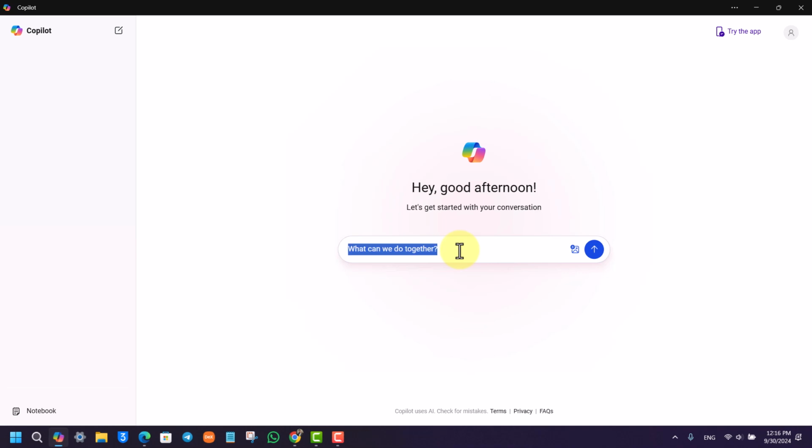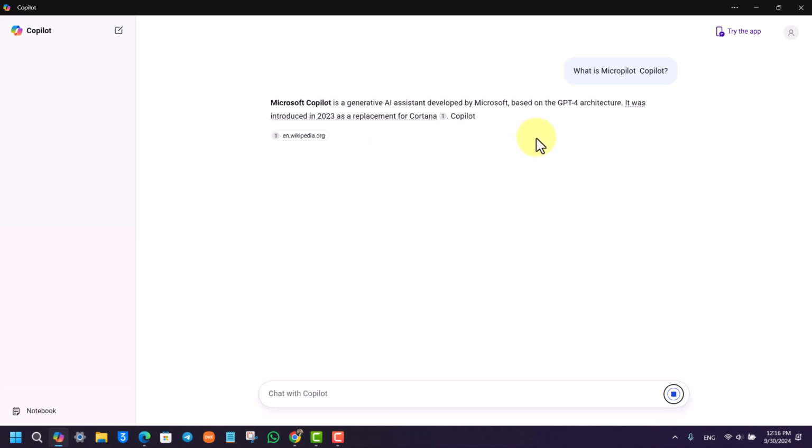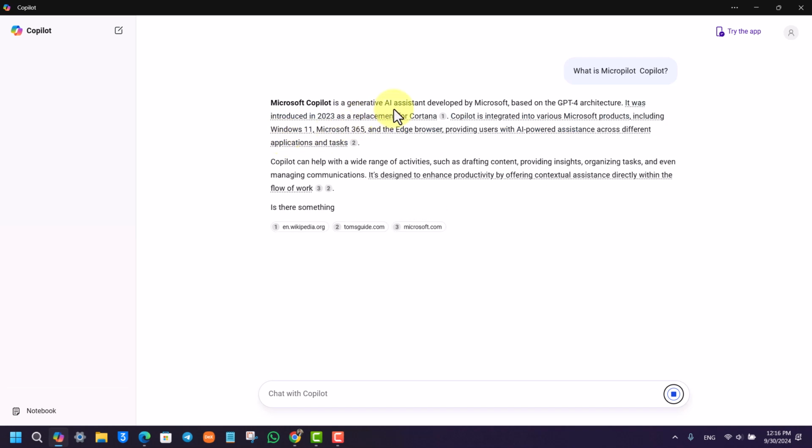So if I just go here and open the Microsoft Copilot application, and then just type in "what is Microsoft Copilot," you can see it will actually give me a couple of answers right over here, based on it. Now you can see it says: AI assistant developed by Microsoft based on the GPT-4 architecture. And it can help with a wide range of activities like drafting content, providing insights like a chatbot, whatever type